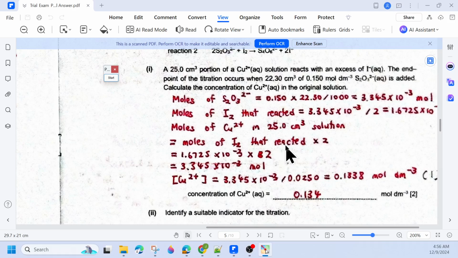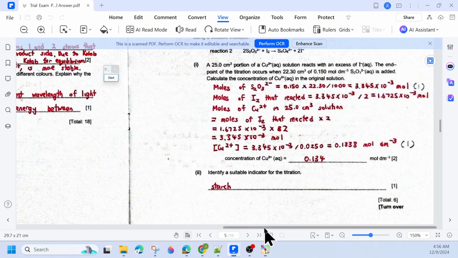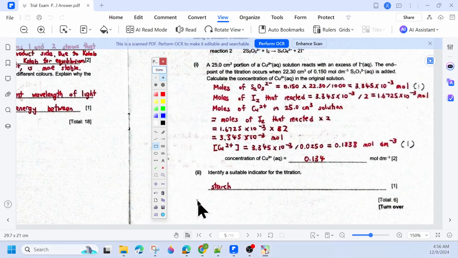Now for this next question, sometimes the mark scheme likes to do shortcuts, so sometimes it can make it very confusing. I like to make it the long step. Because this starts from reaction 2, this part right here